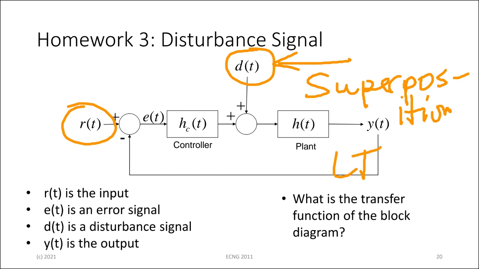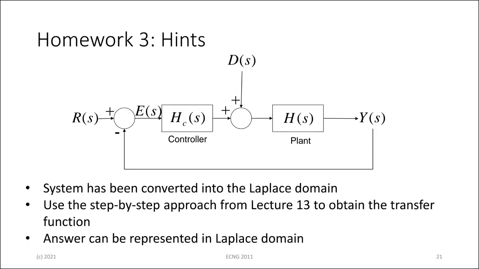Remember, we're dealing with linear time invariant systems, so we can use superposition. Superposition means I can take one input at a time and work out what happens and then add up the solutions to get the final answer. So you're going to look at this block diagram here, and then you're going to see if input R(t) alone is there, what answer you get, and if input D(t) alone, what answer you get, and then add up the two. And if you did that correctly, you're supposed to get,